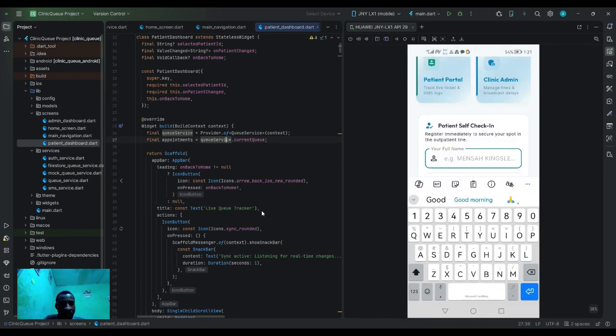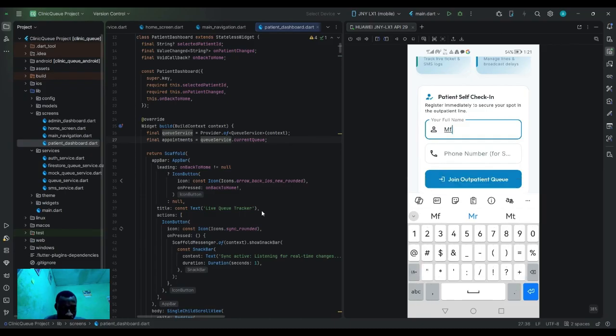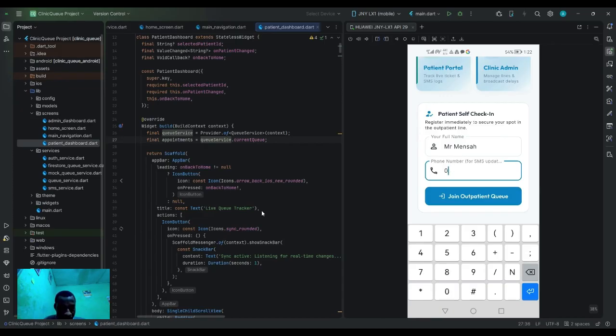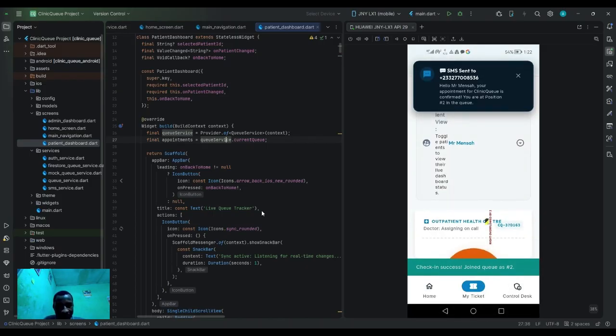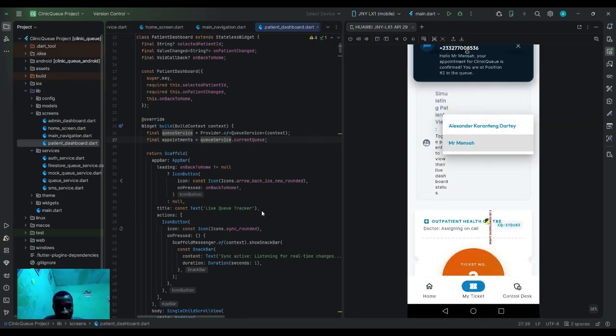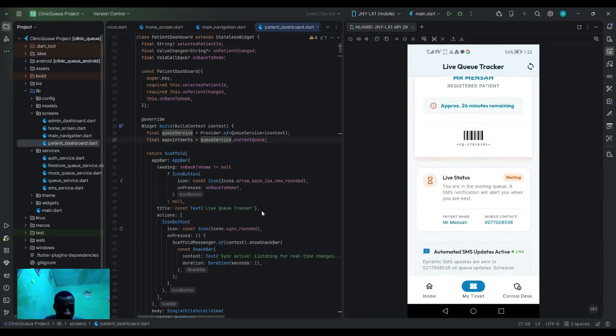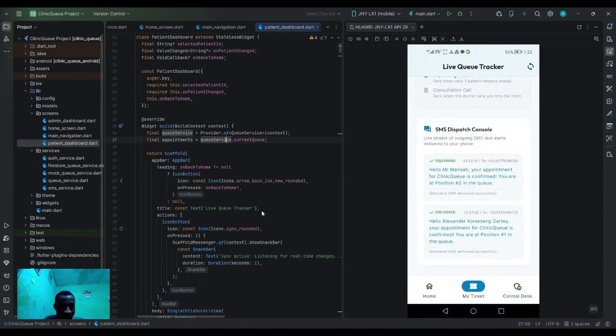So let's say Mr. MENSAH also wants to join the queue. 277005366. So here's Mr. MENSAH. Mr. MENSAH has also joined. Here's Mr. MENSAH. Mr. MENSAH, you are number 2 on the list. So here you are, Mr. MENSAH, and also everyone can see the messages as well,